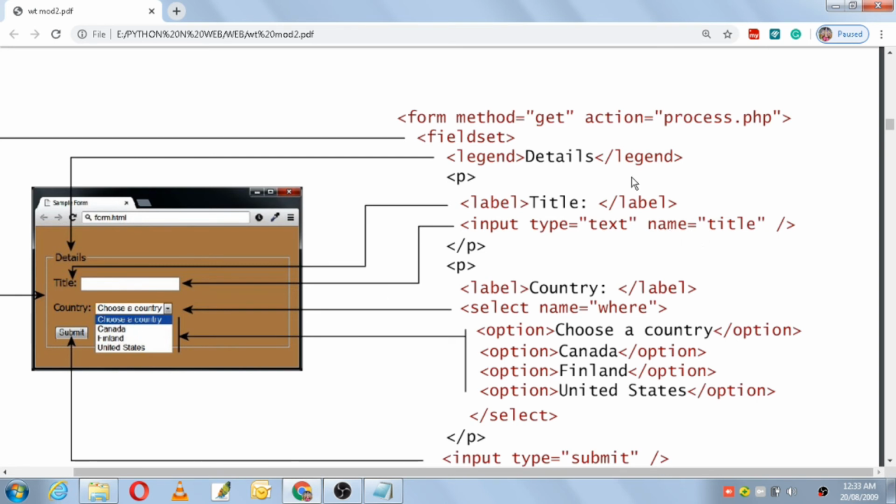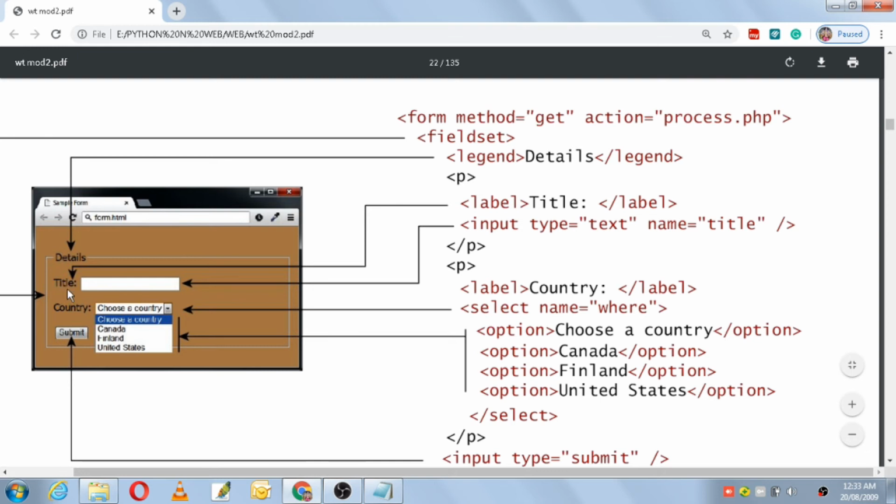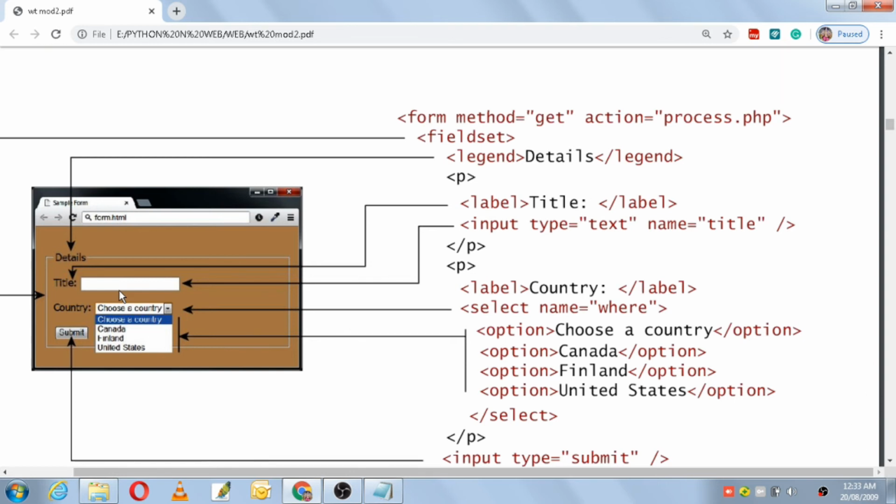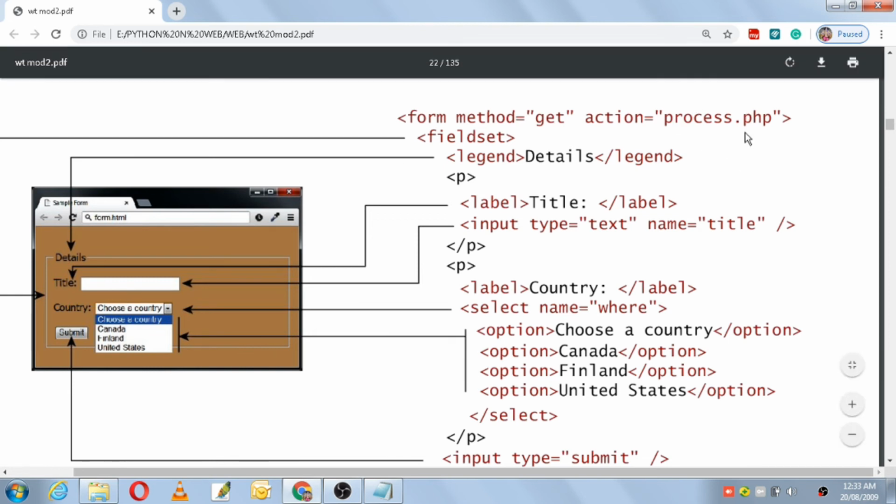For example, what they have asked here is a title in the form. Now if I enter web here, how will that web data go to process.php? That means the form data has to go to the server, and at the server the code waiting here is process.php. Now in which variable will that particular data move?